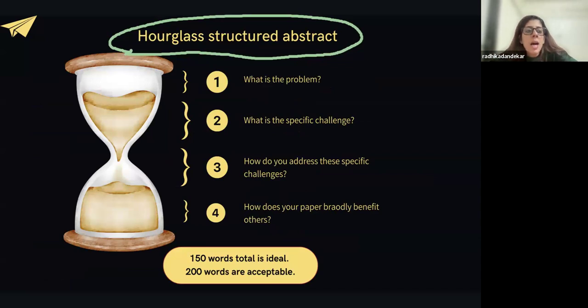So that is how you remember how to write an abstract, and that is how you should go about writing the abstract in a very pointed form. So you use pointers to write an abstract and then convert it into an essay. So write these 4 pointers. It will give you a very structured way to work on your abstract, and that is how you will convert it later on into an essay.